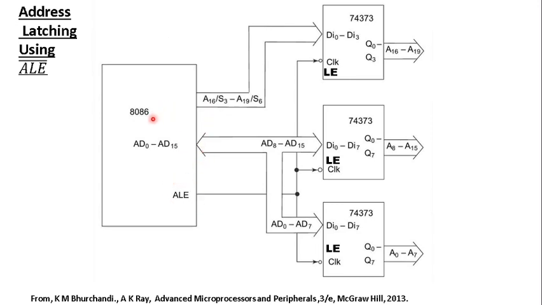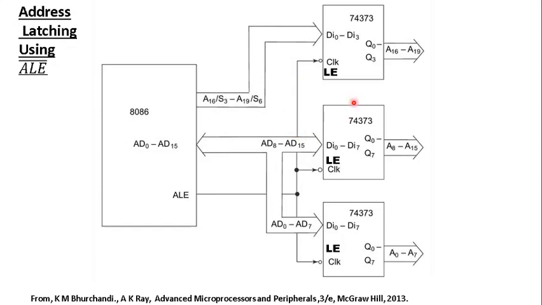And what is the purpose of address latch enable in 8086? Its purpose is to demultiplex the address lines from the lines with which it shares the duty. If you see, lines A0 to A15 are multiplexed with data lines, and lines A16 to A19 are multiplexed with the status bits S3 to S6. During clock cycle 1, that is T1, we need the addressing part of these lines, so the addresses should be latched so that they can be used for their purpose.